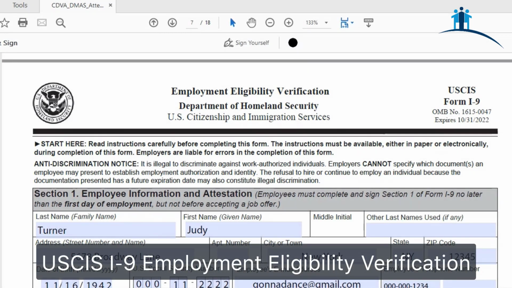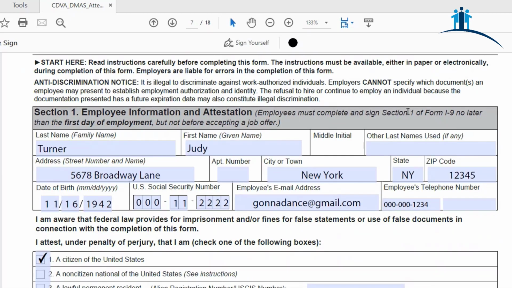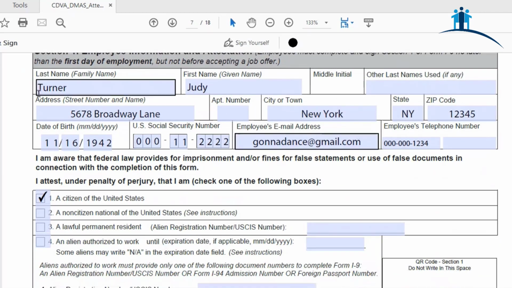Now, this form might look familiar to you. This is an I-9 form, a federal form that both the caregiver and the EOR will fill out. The first page is pretty straightforward. The caregiver will put their last name, first name, middle initial, if that applies, the address, and their identifiers: the date of birth, the social security number, email address, if that applies, and the employee's telephone